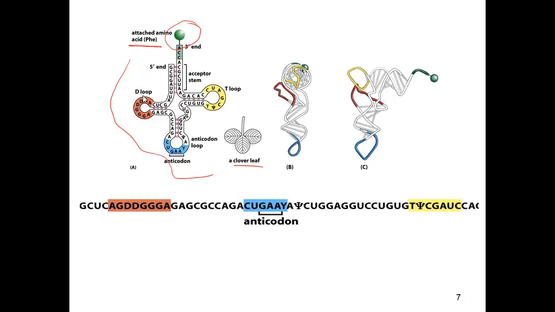There's a D loop in red and a T loop in yellow. And here is the actual structure. It looks pretty crazy, but you can see there's the blue loop, the yellow and the red loop, the amino acid in green. And you can see some regions where you can imagine approximately helical type structure starting to emerge,